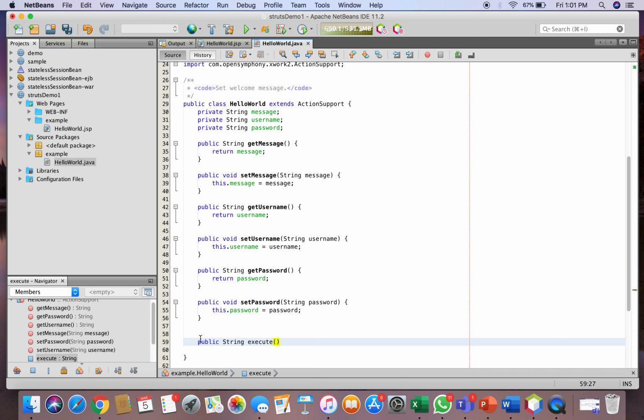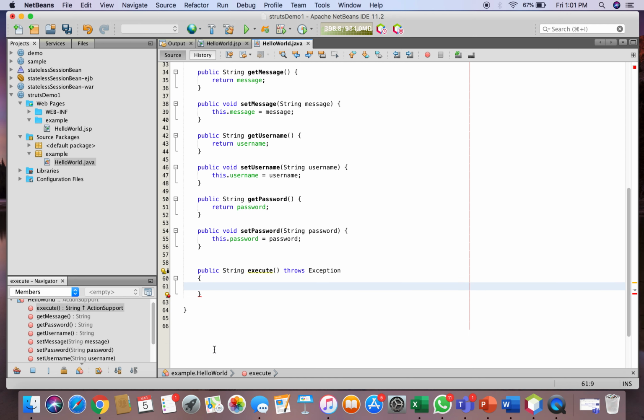So we have public String execute throws Exception. What we want here is, first, to check whether the user has entered values for the text boxes or not. So first we'll say getUsername.